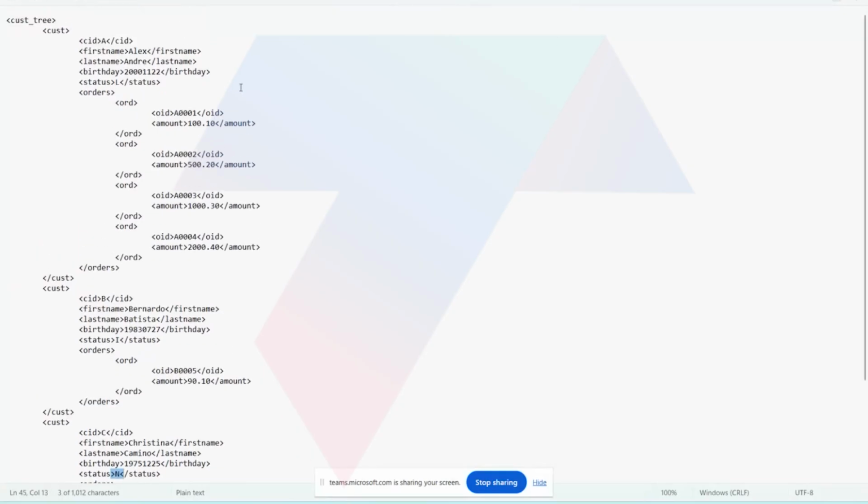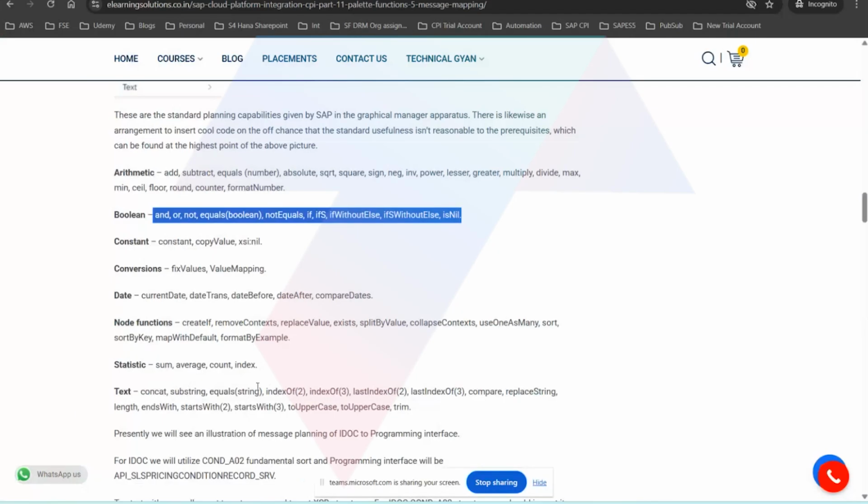So we will get this status, and we will be using one constant. That is whether it is equal to L or I or N or something like that. That is a constant. And if it is equal to L, we have something called equal here. And we have multiple options. We can check the boolean values, we can check the string value, if it is equal to